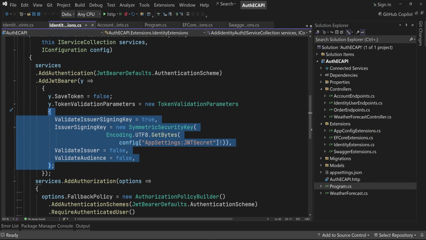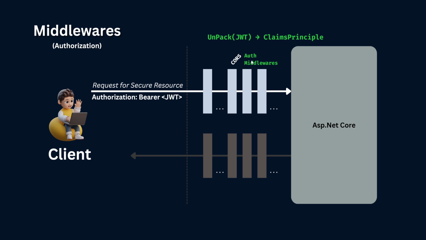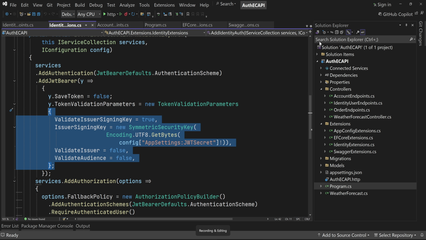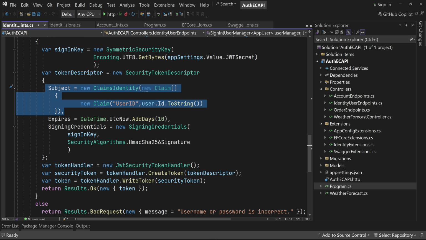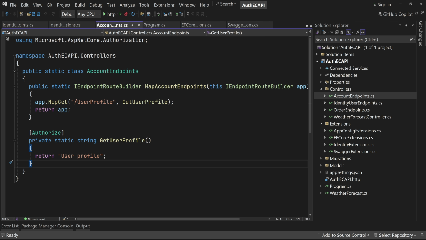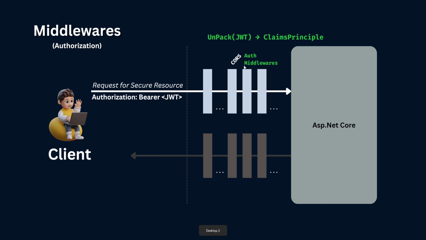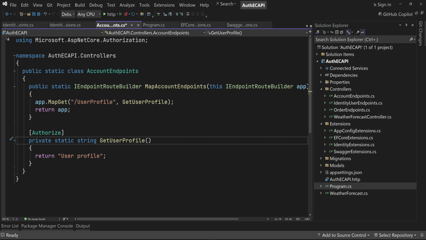And when the JSON web token is successfully verified, the auth middleware will decrypt or unpack the JSON web token into claims principal. Remember, while creating the JSON web token, we have passed the claims inside the JSON web token payload. During the process of verifying the JSON web token, the reverse will be happening. From the JSON web token payload, the claims will be populated with the corresponding values. So in order to access the authenticated user claims inside this user profile web method, we can make use of this claims principal. Now in order to access the same claims principal, we just need to add this parameter here,